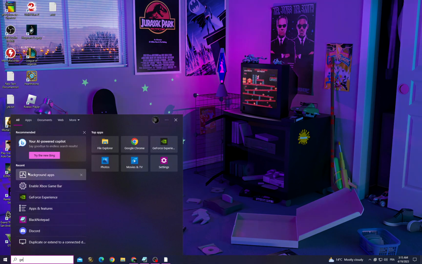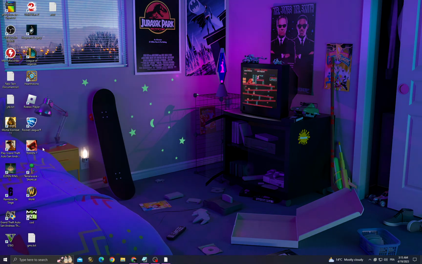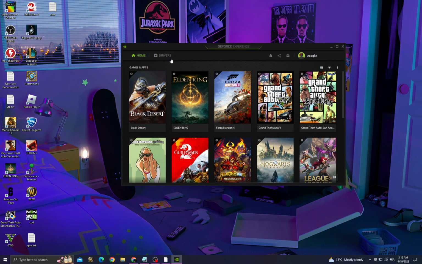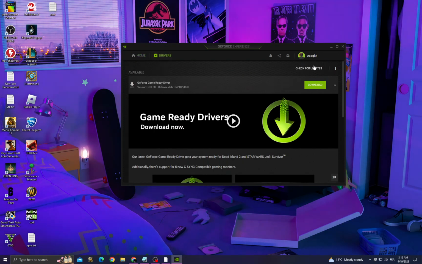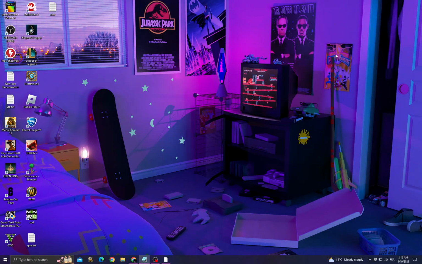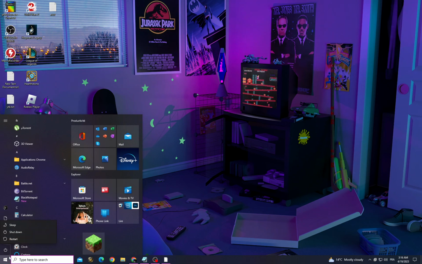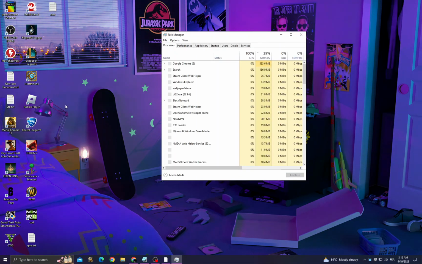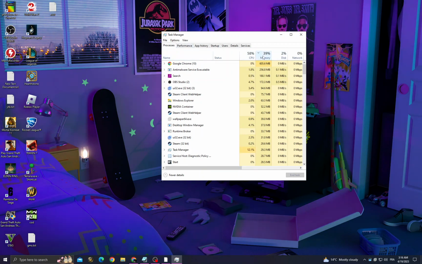Then go to GeForce Experience, and if you can't find it on your computer, just download it from any browser and then go to drivers. Install the latest update for your graphics card and then just close it. After that, restart your computer, and after restarting your computer, open Task Manager and then click on memory